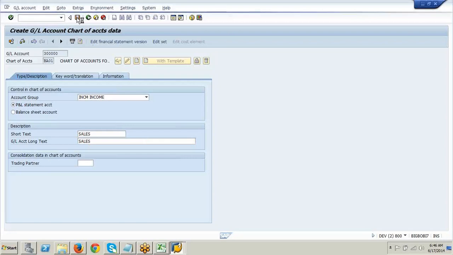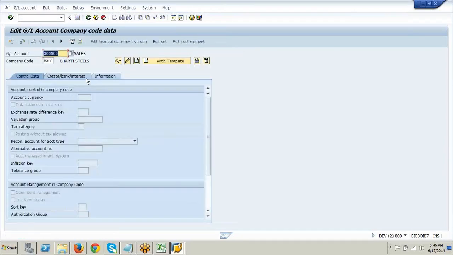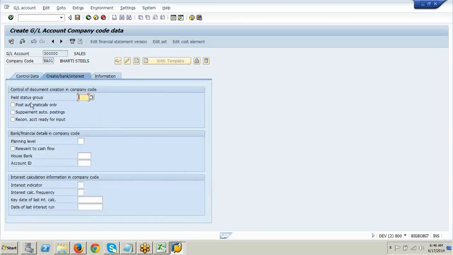But if you go to the company code level, let's extend this at a company code level. See, this is very easy, right? I just say create. Whether I want to see this GL or not, I'll select line item display. This is just for sorting. It's up to you, these are all optional. Create a bank interest, field status group. We have seen the significance of field status, right?